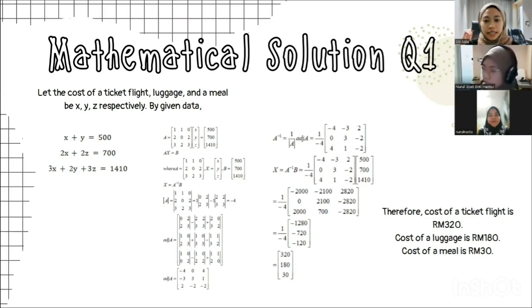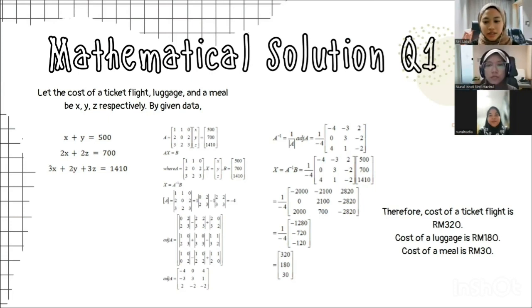So the next step is A inverse, which is 1 divided by the determinant times the adjoint matrix of A. So 1 divided by -4, then the adjoint is -4, -3, 2, 0, 3, -2, 4, 1, -2. The adjoint must be multiplied by B, which is 500, 700, 1410. So the answer is -2,000,